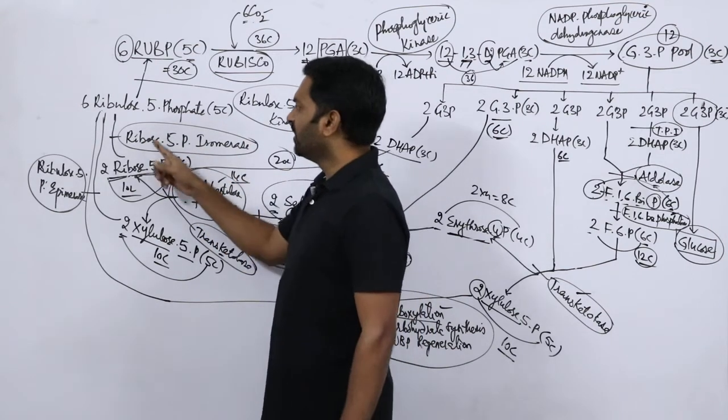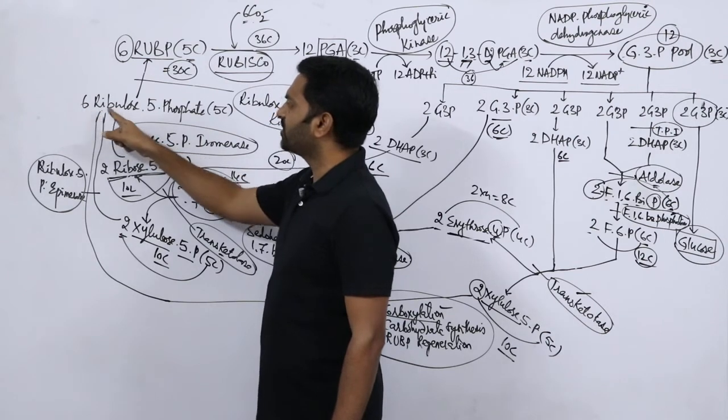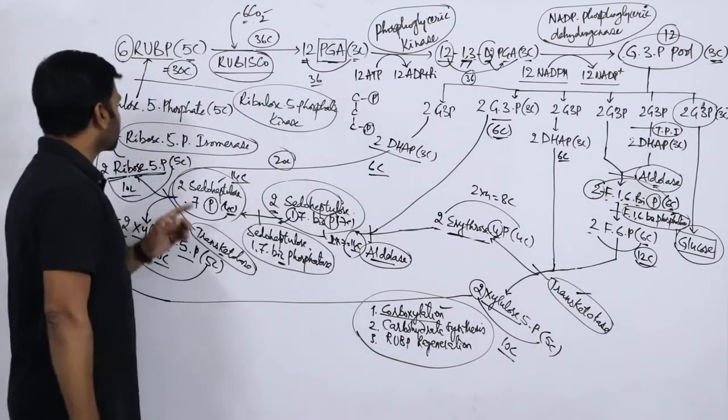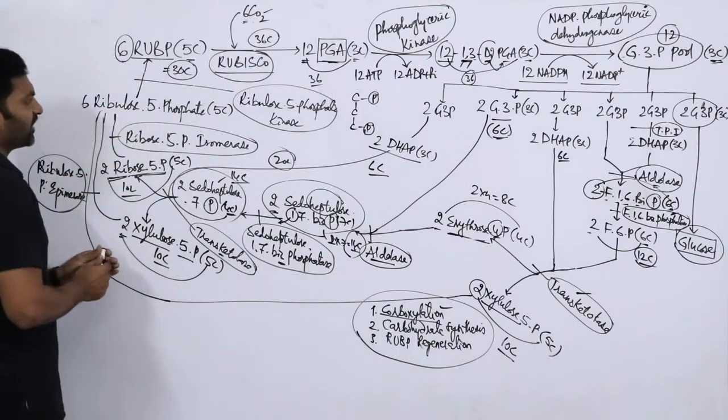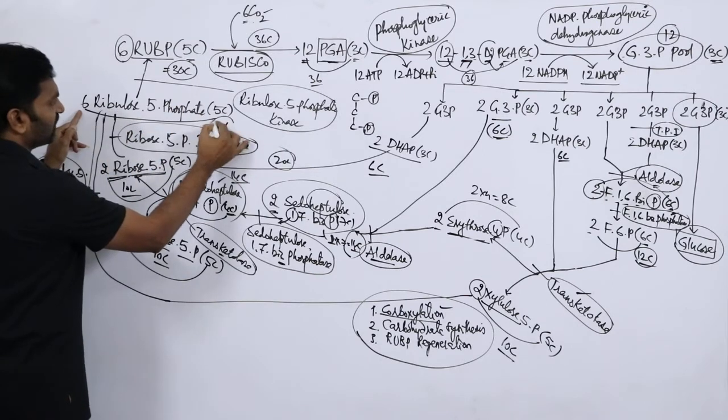Now, all the 6 molecules are converted into 6 molecules of ribulose 5-phosphate. Then finally, these 6 molecules of ribulose 5-phosphate, 6 into 5 is equal to 30 carbons,